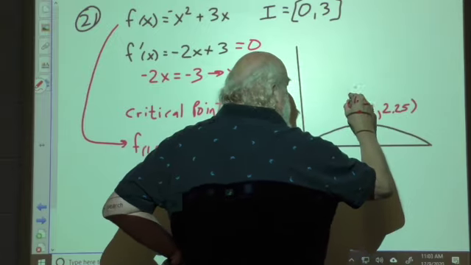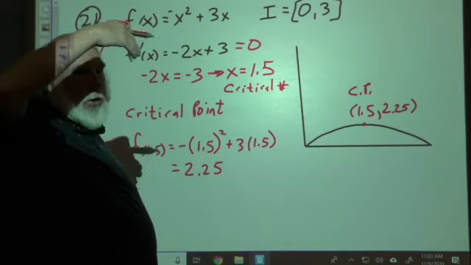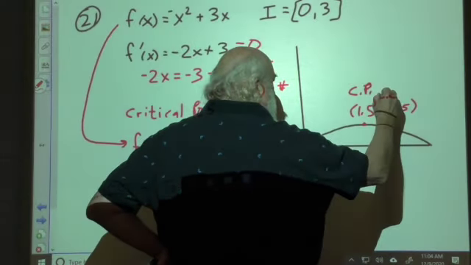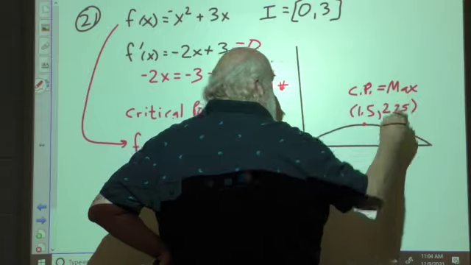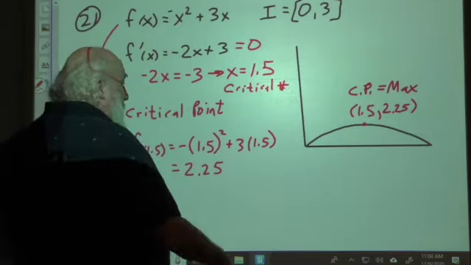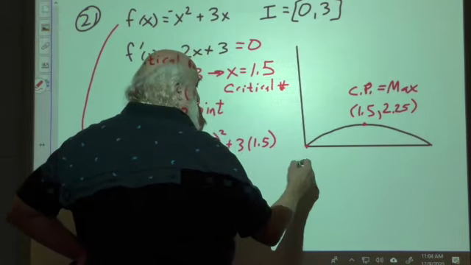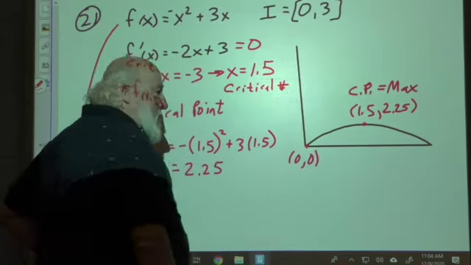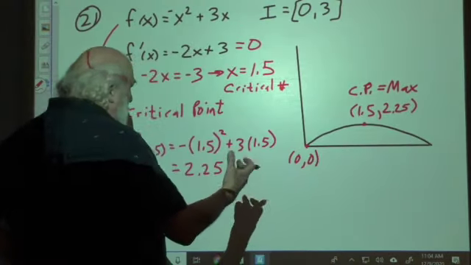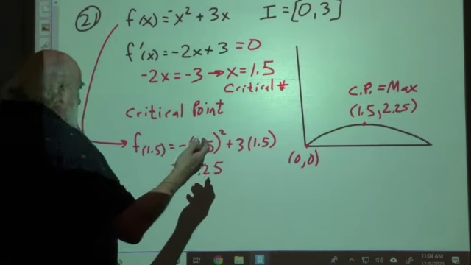So this is your critical point, and as you notice there, that is the highest point, highest vertically speaking, of your points. And so this critical point is also your maximum, or the absolute maximum. Now to find these 2 points, you can tell right away this is (0, 0). We can do the calculations, but it's pretty obvious that's (0, 0). And the question here is, what is that point right there? Well, you can probably tell by the critical point what it is, but just to be safe,